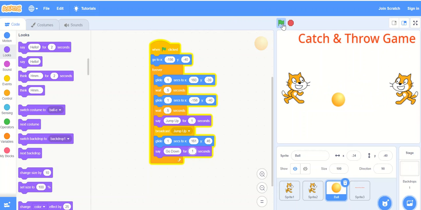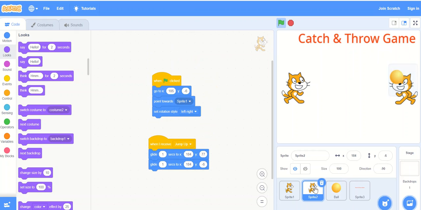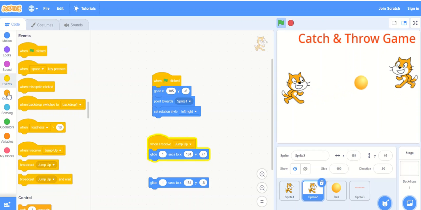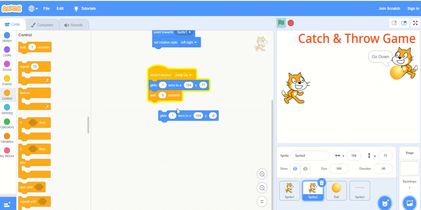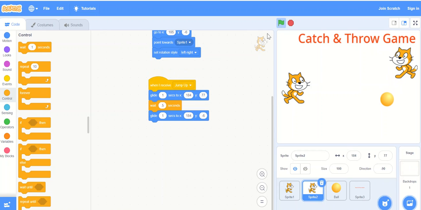Now when I click once again on the green flag, let us say it will say jump up, then both are moving up, then sprite 2 is going up and immediately coming back. So it should wait for a few seconds and it should come back with the ball. So we will go to the sprite 2 coding and here we will add a wait instruction. We will change it with the value 0.5 and then we will paste this instruction also.